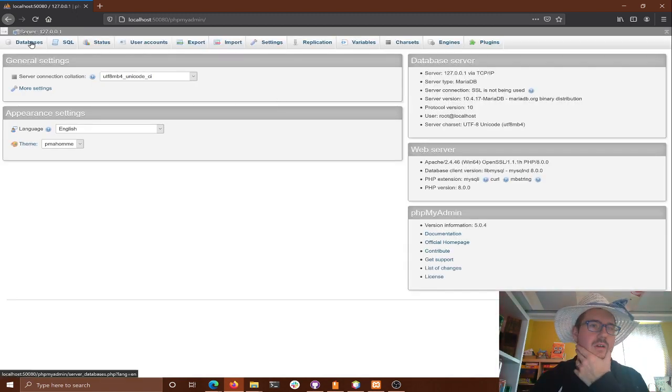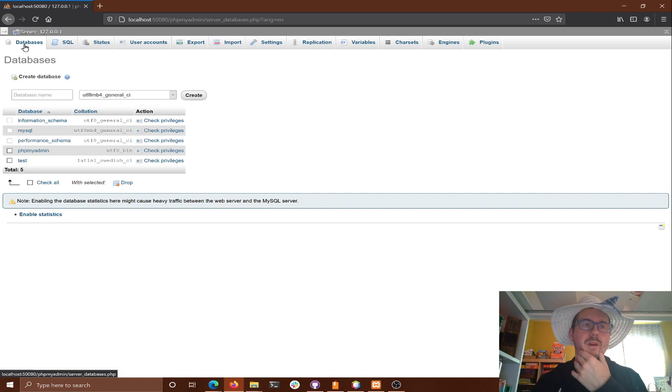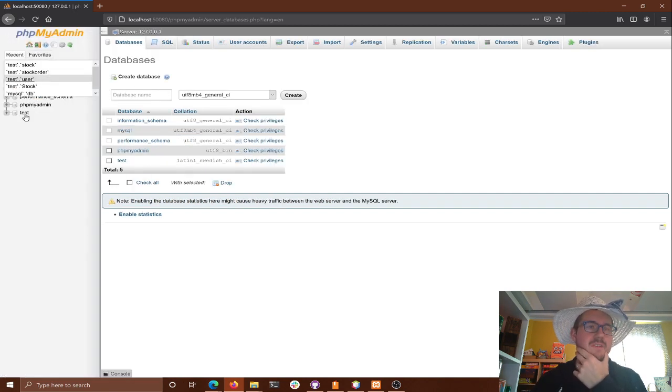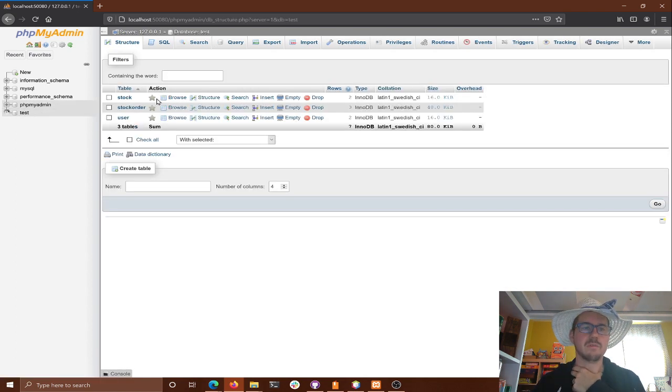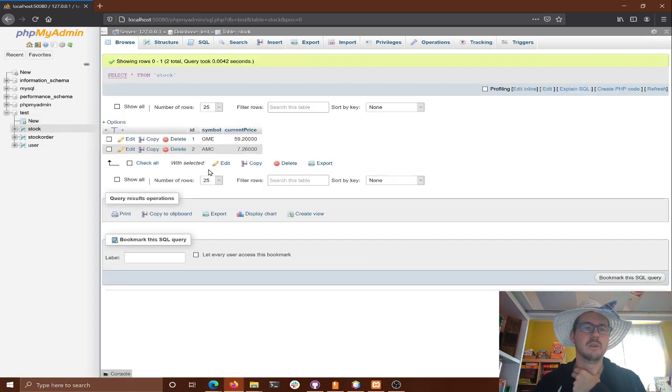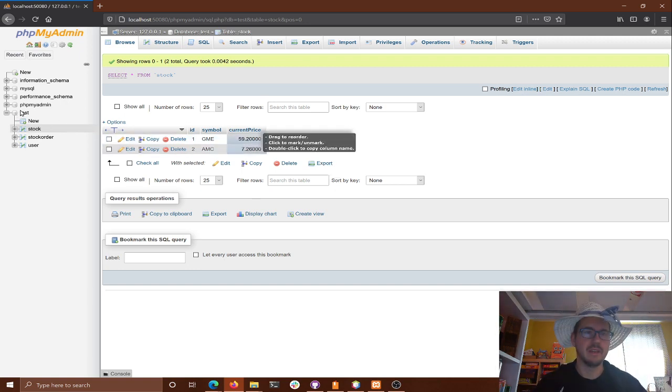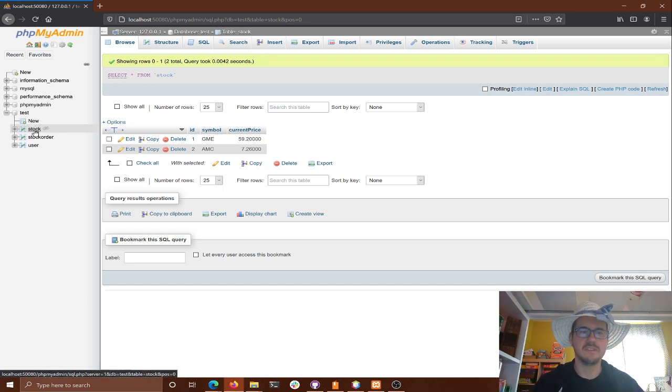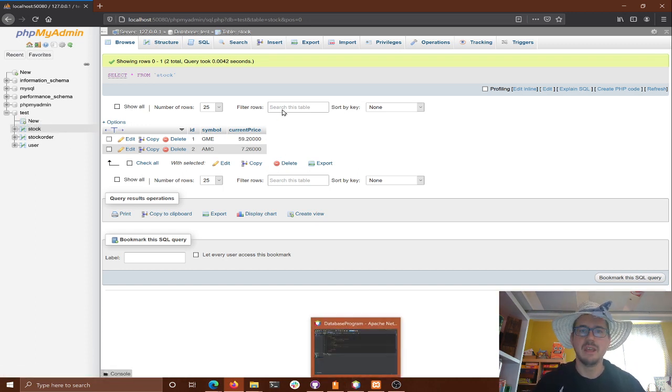Okay, so we want to check our databases. So when we connect to a particular database, here we go. Like we made this test database. We were building our stocks in, to put some information about stocks and users and stock orders and that sort of thing. If we take a look at our stock table, we see we've got GME and the current price and AMC and the current price, which we could go update if we wanted to, but we can do that later. We'll build out our program so we can update these prices as well, which is lots of fun. So we know we've got data here. The database name is test. The table is stock. All that's important information. And then we have users as well.